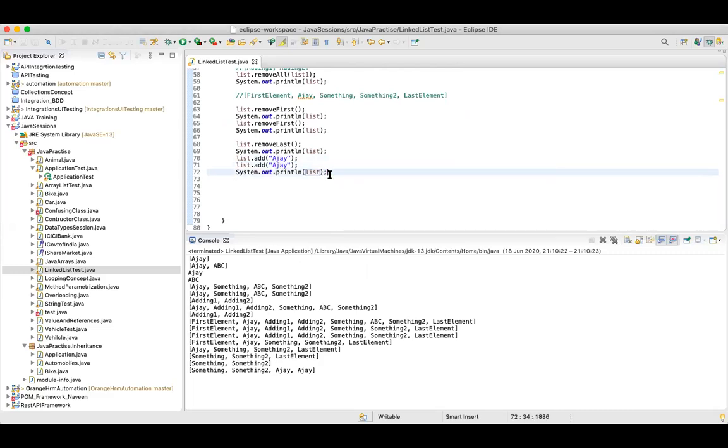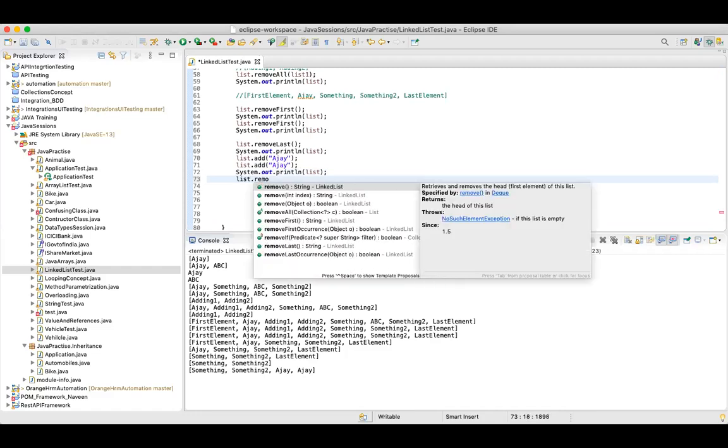Now there are many cases wherein, let's say there are two Ajays, and you want to remove the first occurrence of Ajay. So what can we do? We have a method, list.remove.